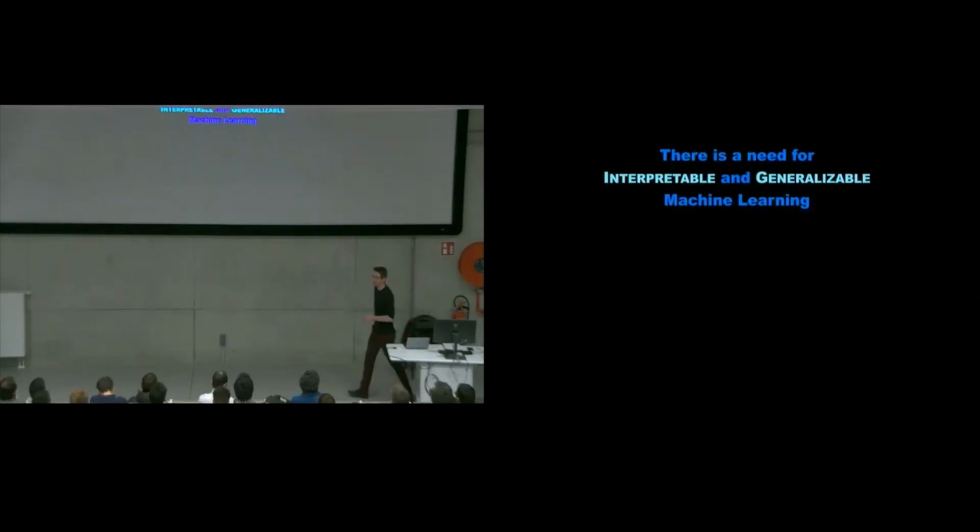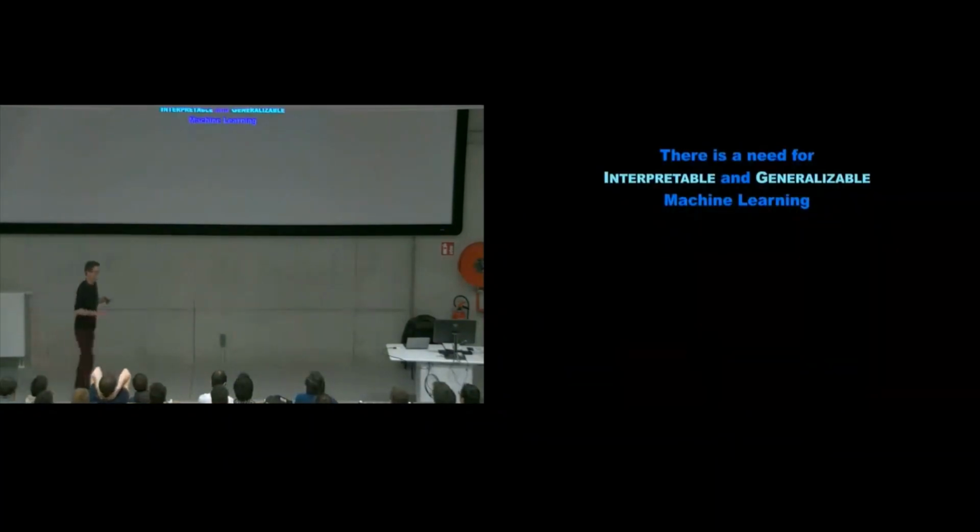Okay, so the last thing I'm going to tell you about, and this is kind of a natural segue into the lecture on machine learning for fluid mechanics. In physical systems, in systems where we're going to put this technology on aircraft and in cars, we need our models to be interpretable and generalizable.